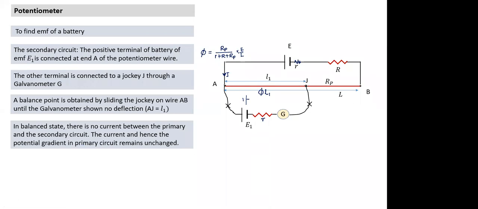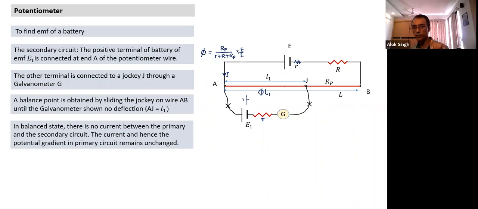Are you with me? Very fine. So when would current not flow? When the potential difference between two points I'm connecting, suppose this one point here and another point here, is the same as the potential difference between those two points. Only then will the current not flow. Does it make sense now?